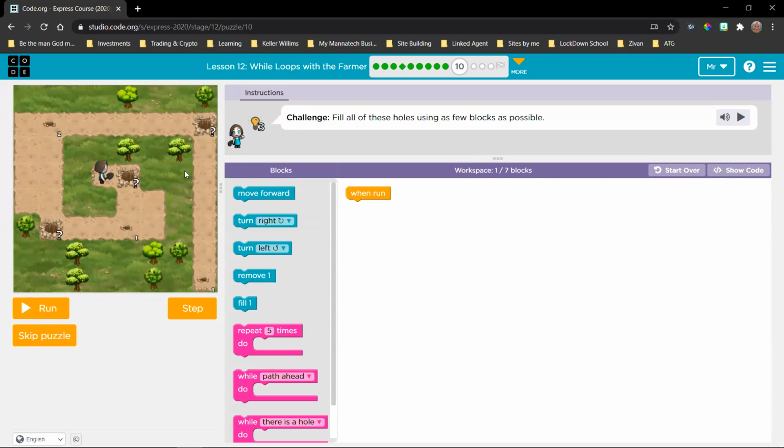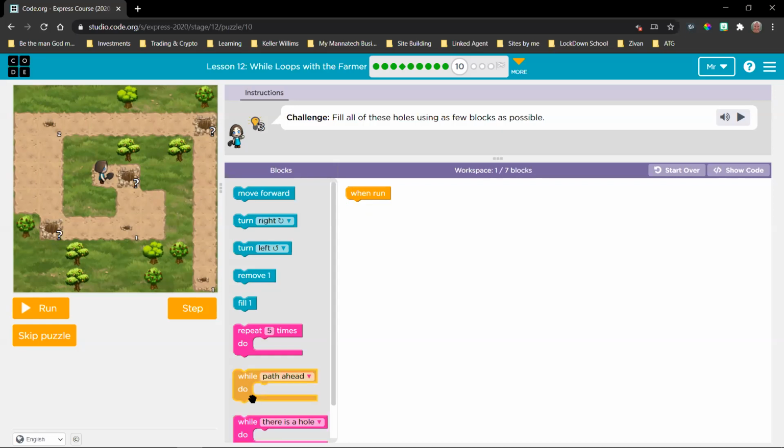So what we have here is almost exactly the same as what we had before, just to the other side, okay? But there's something that is different, and that is the fact that earlier each hole only had one that had to be filled. Now, these ones we don't know, and this one is a 2, and this one, okay. So 2 1s, 1, 2, and 3 that we don't know. So we won't be able to complete these holes by just using the fill 1 block. We're going to need another conditional to do that.